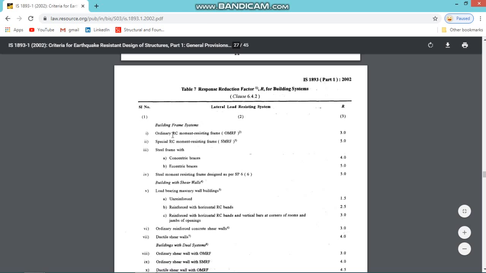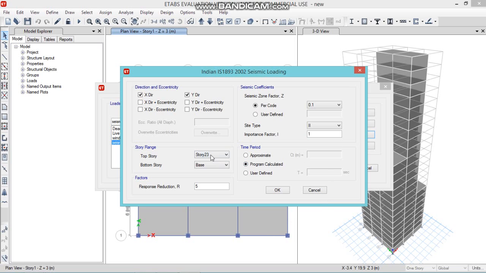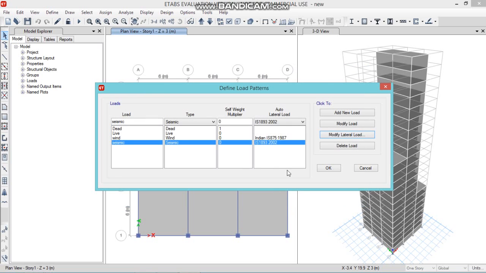So in case of ordinary RC moment resisting frame OMRF, we have to select R value as 3, and for other buildings like special RC moment resisting frames we have to consider value as 5, and for other steel frames with concentric braces we have to consider this value as 4. So in our case we have to go with 3. Click on E-tabs, put the value of R as 3. Click on OK. Click on OK again.